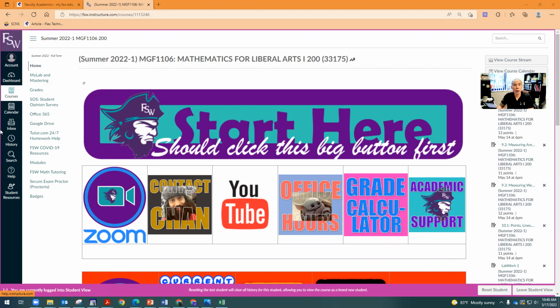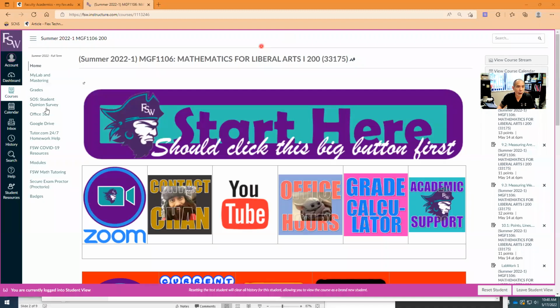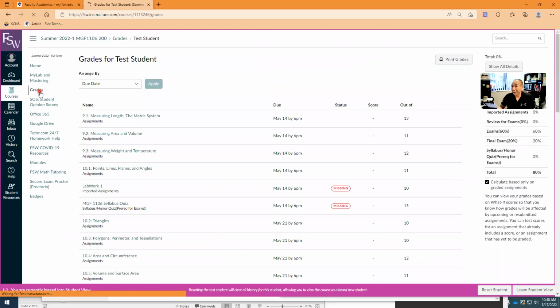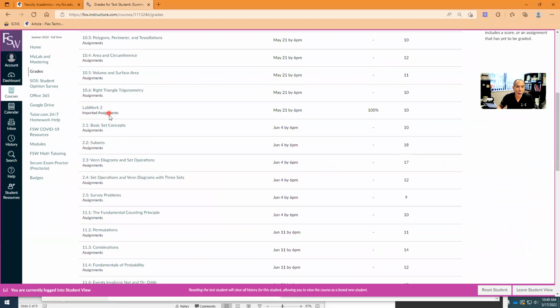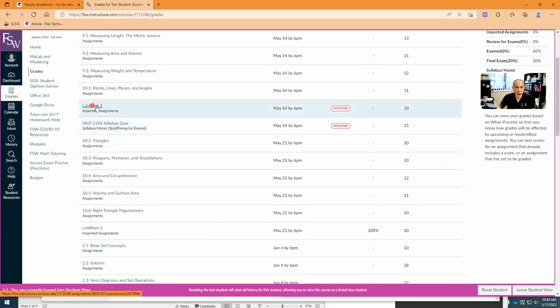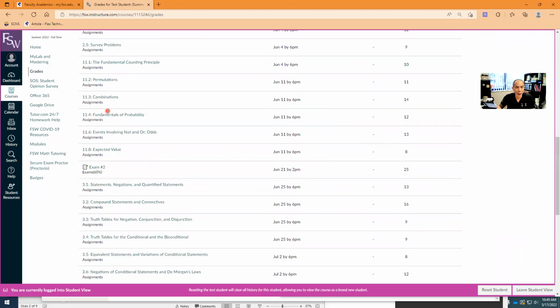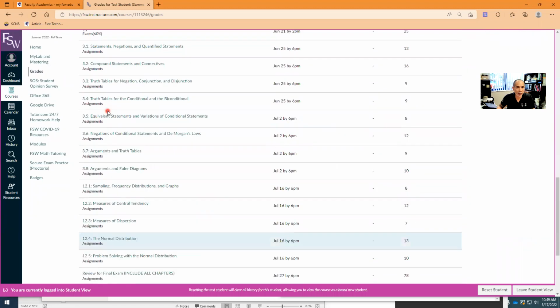So what you can do is click on grades here on the left-hand side. Actually, let me annotate this so that you can see. If I go to grades right here, I can click on grades. Essentially, I'm a test student in this particular place. I know that I did not submit a LabWork 1, so I'm going to leave that alone for now, but I'm going to show you guys